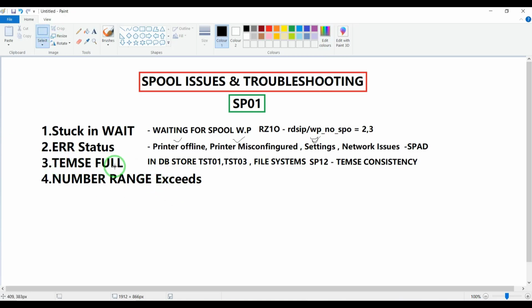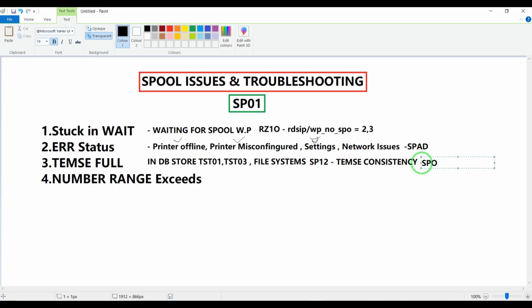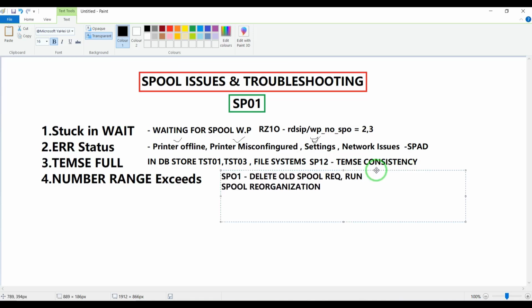So if TEMSE is full, that may be the reason: these tables are full or the file system storage is full. So by visiting SP01, we can delete the old spool requests or run the spool reorganization. These two are applied for